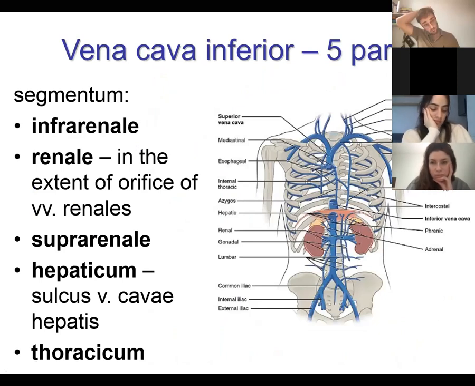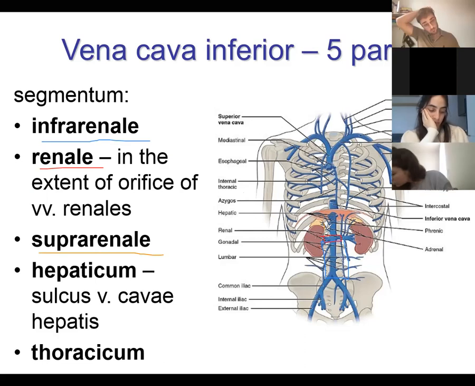Based on the embryology and the complication of the development, as I said, some of the segments can be doubled or left-sided. You should know that we have the infrarenal segment, and the infrarenal segment is the longest one. Yeah, so there's this area. Then it's the very short renal segment. Then we have the suprarenal segment,